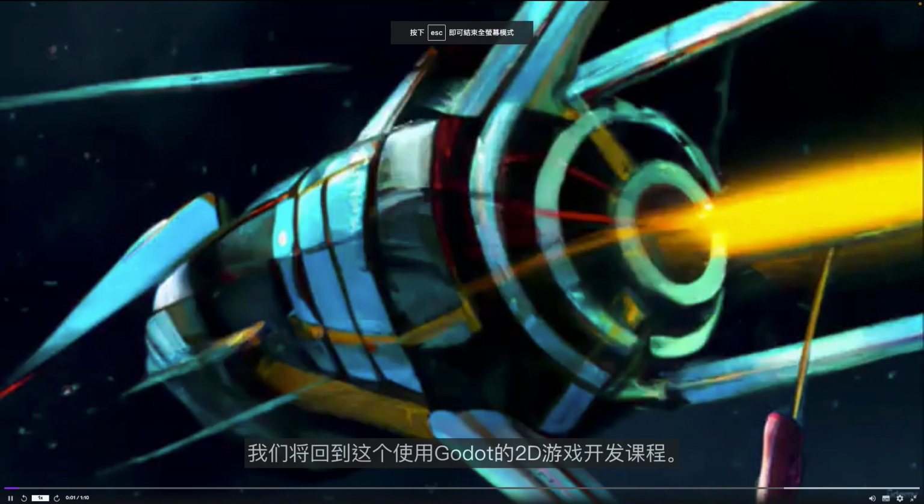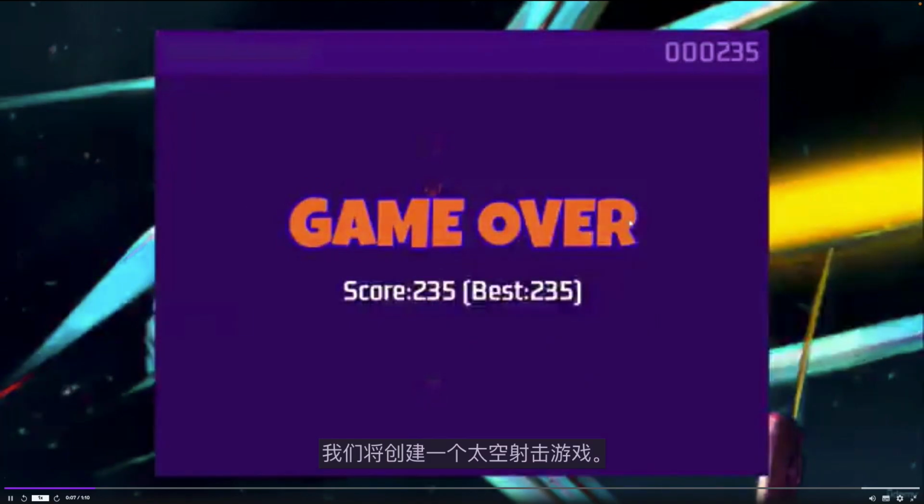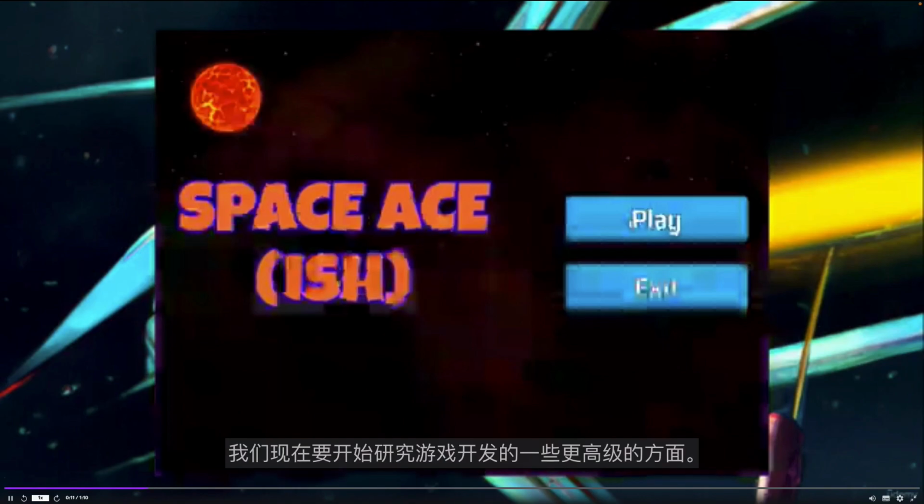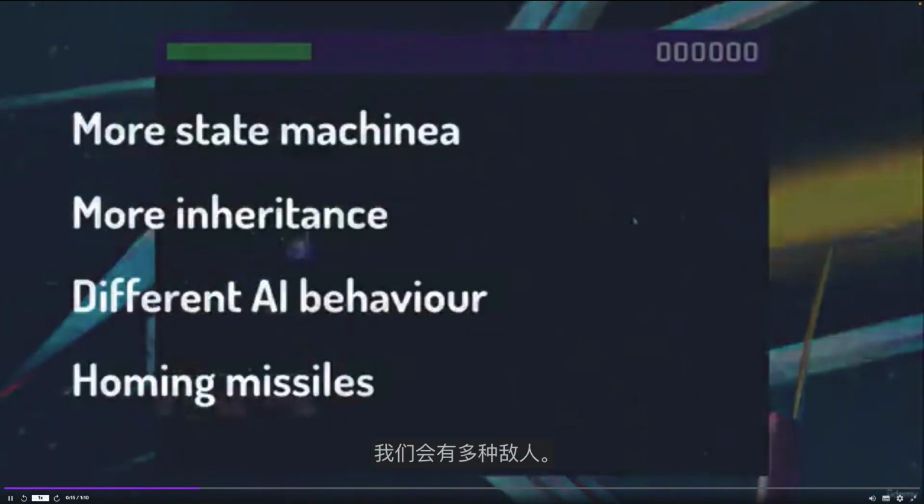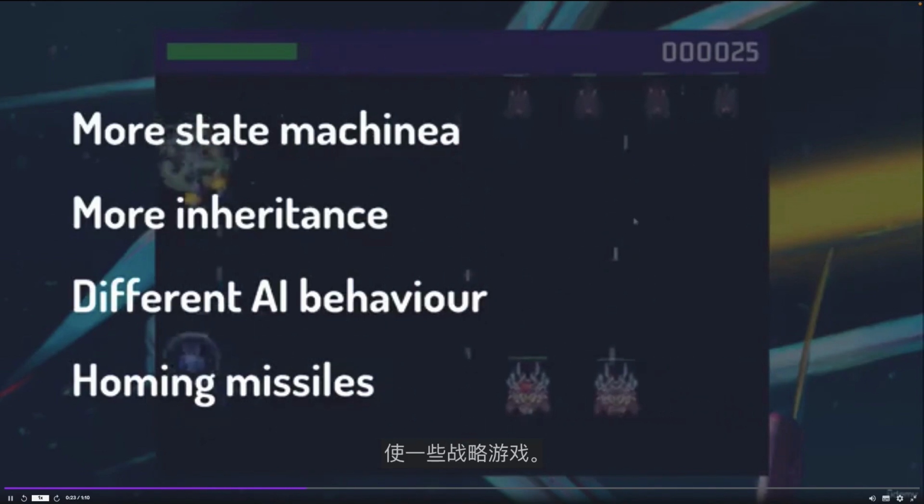Welcome back to this 2D game development course using Godot. This one is going to be a biggie. We're going to create a space shooter game. We're going to now start looking at some of the more advanced aspects of game development. We're going to look more at state machines. We're going to have multiple enemy types. We're going to have power-ups like shields and health. We're going to have different laser types, homing missiles, and all sorts of added things to make for some strategic